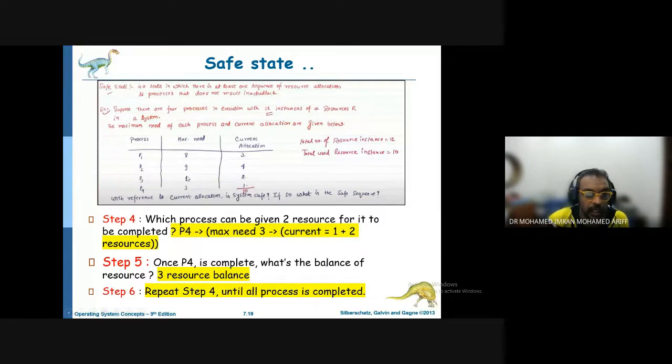So let's see. Okay, process 3. So now resource available is 3. So at process 3, currently it only has 2. It needs a maximum of 5. So 2 plus 3 is 5. Okay, so now process 3 is complete. Okay, from process 4 just now, now process 3. So what is the resource available at the moment after process 3 is complete? After process 3 is completed, the resource available is